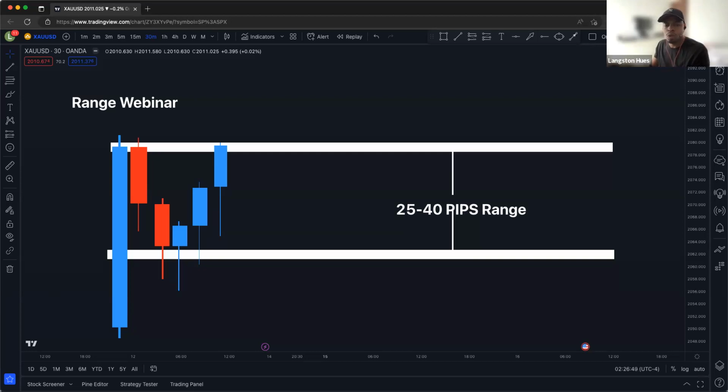Okay, cool. So normally we might have these type of setups available for us, right? But normally we're looking for something outside of the range where we might get a candle that actually closed like this, outside of the range. You know what I mean? It closed outside of the range. So what happens when we close outside of the range?